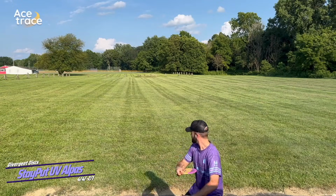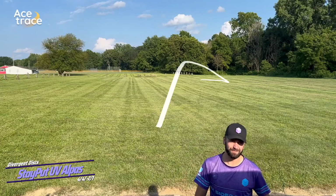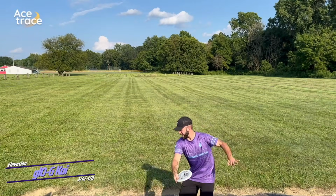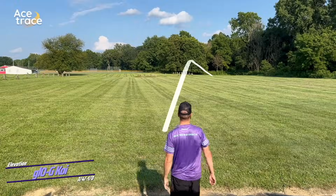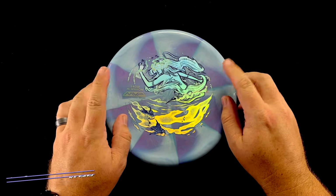The Alpes was still super understable, and it still caught edge when it hit the ground, which might not matter as much with a plastic disc, but that rubber's basically a tire, and it will just start running in whatever direction it hits. The Koi, though, showed what it's really good at: floaty, understable approaches. Unfortunately, neither were a fantastic understable putter off the tee. They finish right about here on our chart, and we'll move on to a disc that deserves an honorable mention,